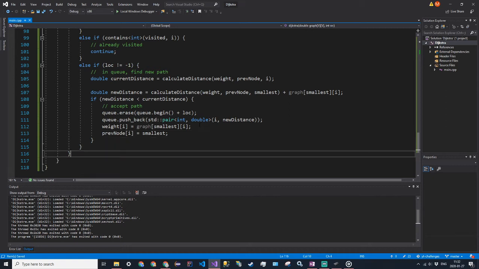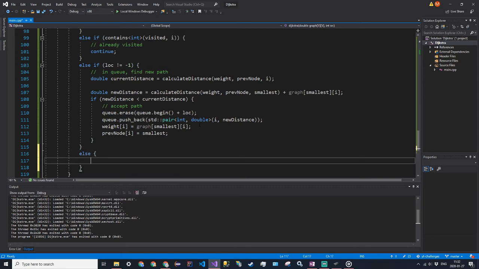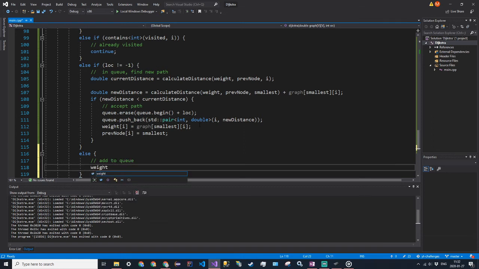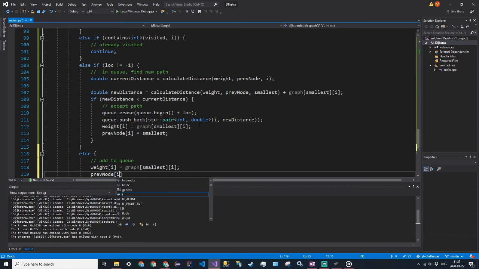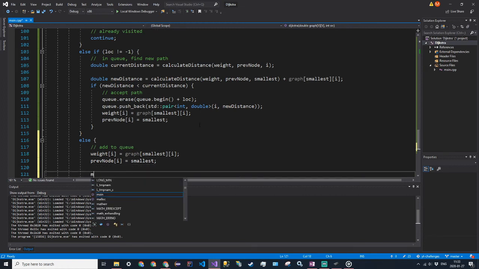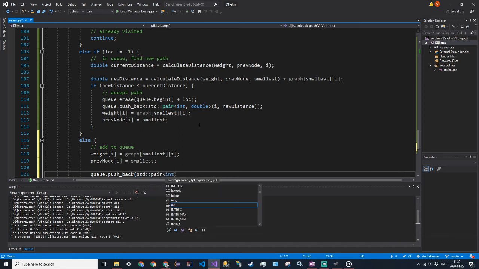So that is if the thing is in the queue. Otherwise, we just want to add it to the queue. So if it's a new node that we haven't thought about yet, all we're going to do is add to queue. So we need to set the values in the table. So weight at I is equal to graph smallest I, and then previous node at I is equal to smallest, and then q dot push back standard pair int double, and then I, and then we're going to pass and